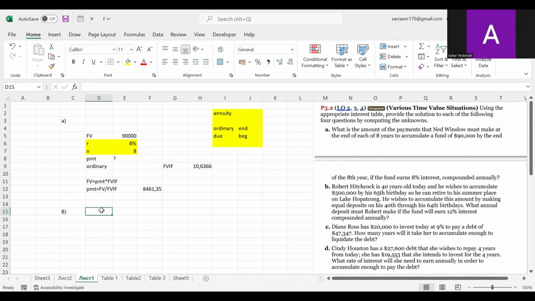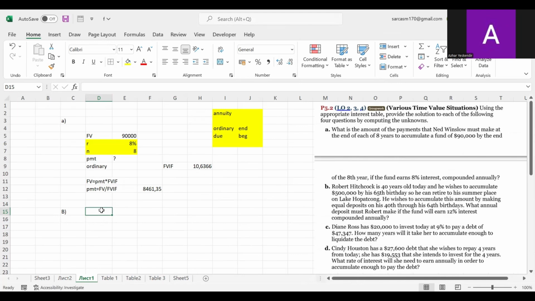Let's read it. Robert Hitchcock is 40 years old today, and he wishes to accumulate $500,000 by his 65th birthday, so he can retire to his summer place on the lake. Already from this information, we can derive that the number of years will be 25. Let's move on. He wishes to accumulate this amount by making equal deposits on his 40th through his 64th